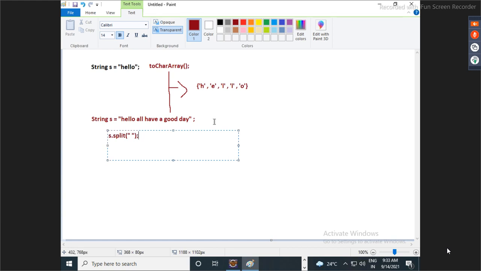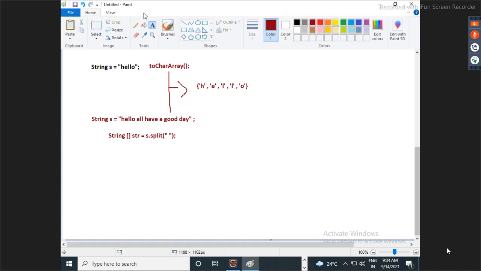So now what will happen, guys? What is the return type of split? String array, let's say str. Now what will happen? Wherever space is present, is space available? Yes. Break, split, break, break, break, break. Is everyone clear? That means each and every word I will get separately in a string array.